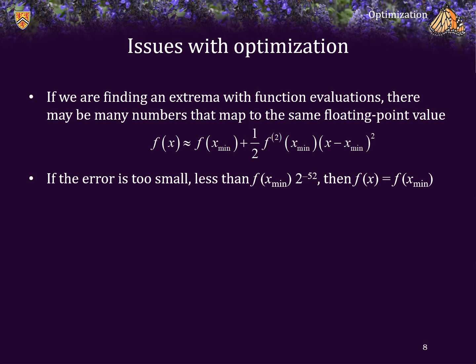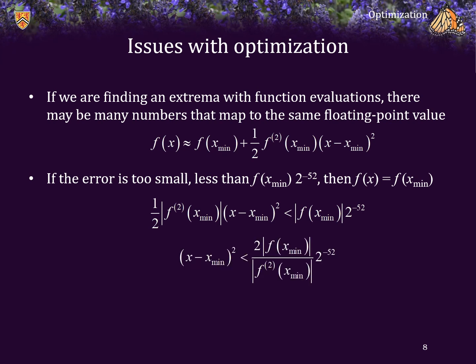So basically, if that error term, the squared term, is less than f min times 2 to the negative 52, 52 significant digits, the machine error, then we won't be able to differentiate between them. We won't know which one is the actual min and which is close to the actual min. So if the second term is less than or equal to the absolute value of f at that minimum times 2 to the negative 52, we can bring all the terms over to one side,